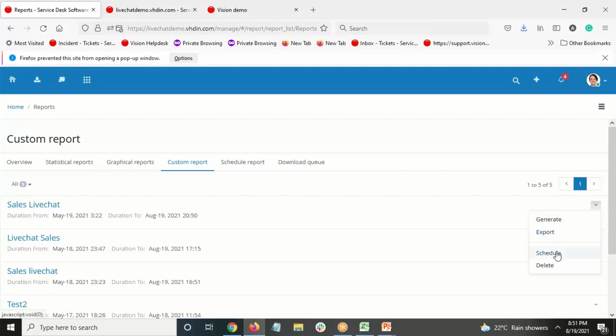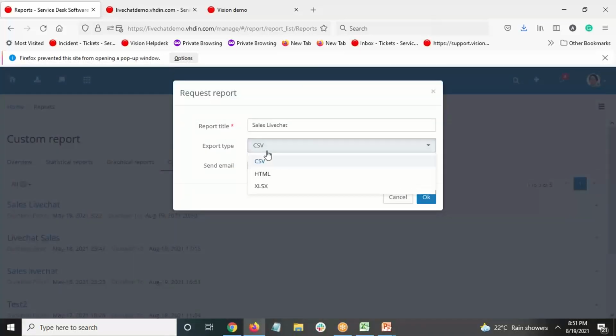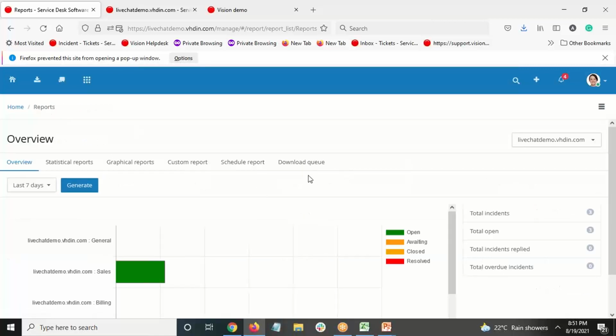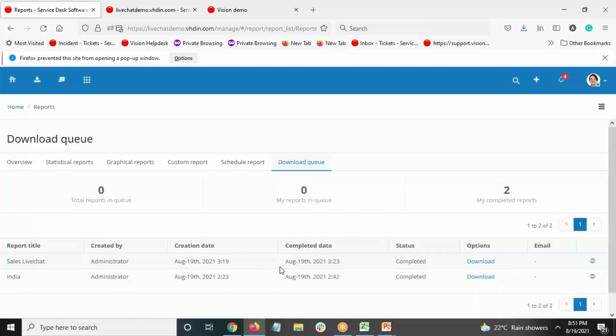So let us export this report. So once you export the report, you will see it will be displayed under queue. Once the report is processed, you will find it under the download queue.